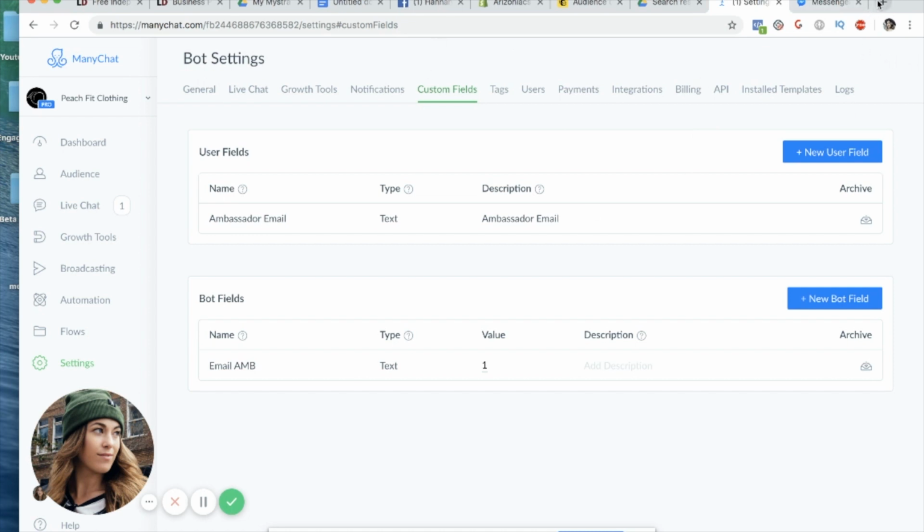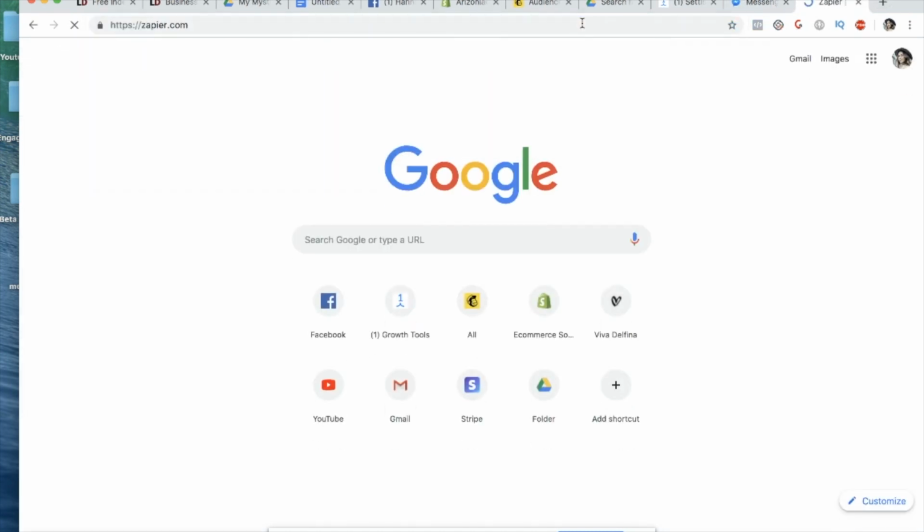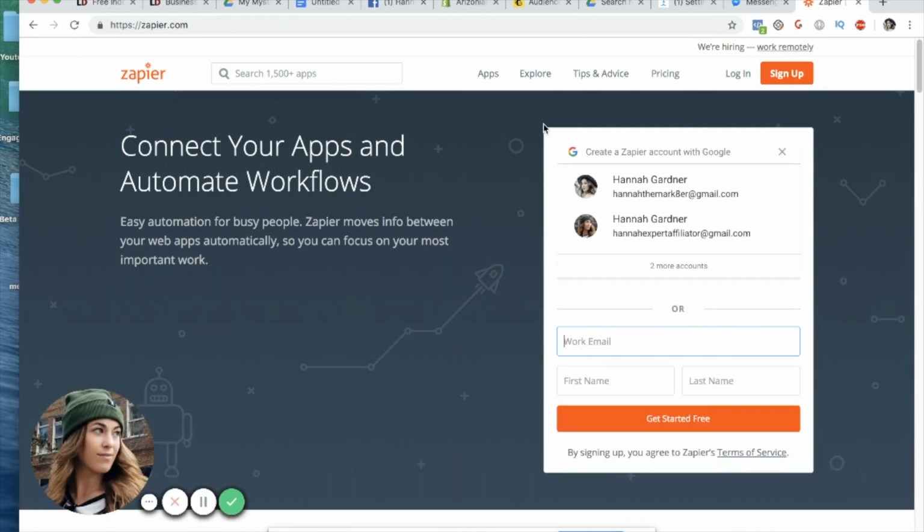I use something called Zapier. It looks like this. Zapier is like the communication between ManyChat and Klaviyo, or ManyChat and MailChimp, and it takes that custom field and zaps it into my email list automatically.